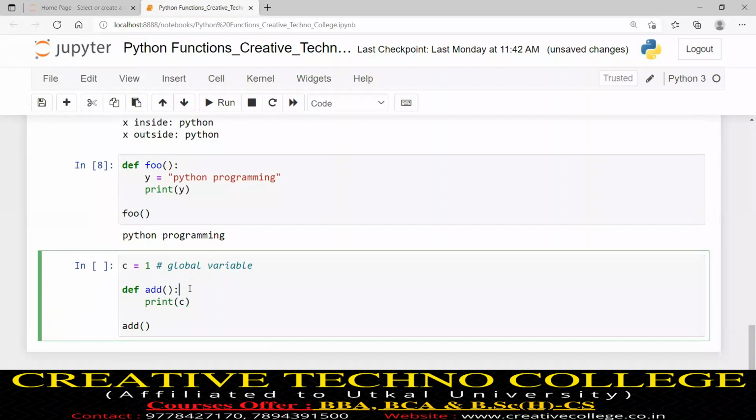Now this is the function definition, and this is the function call. So when this line is executed, this function definition will execute. That means c is 1. Suppose c equals 100. Now,